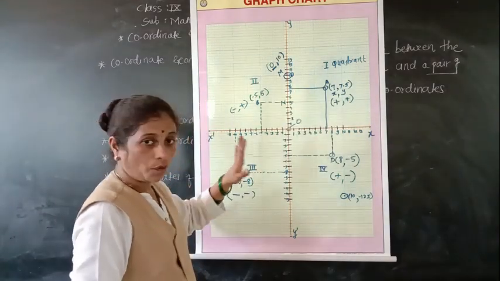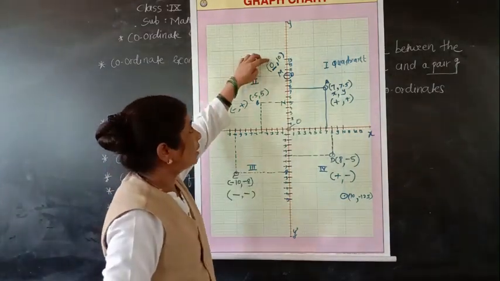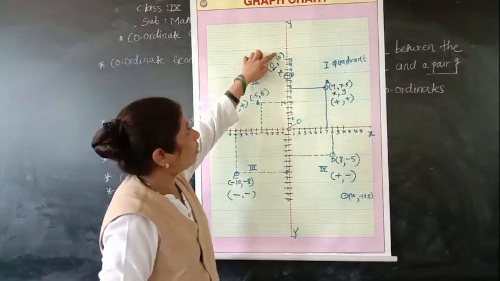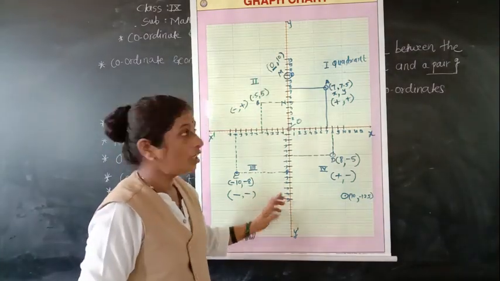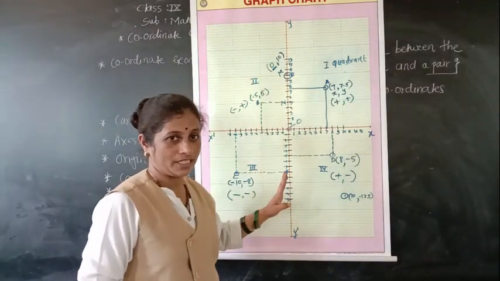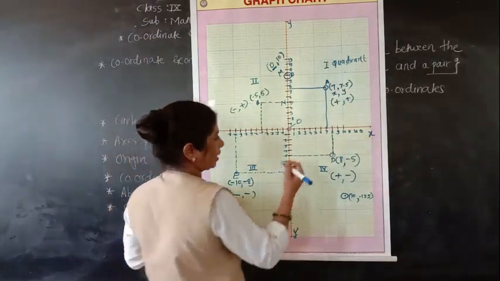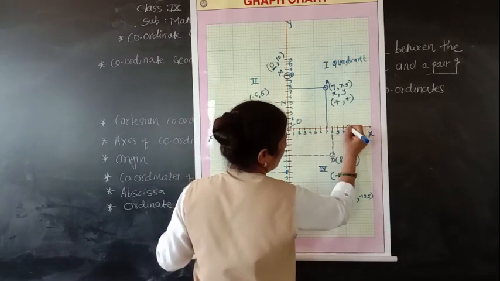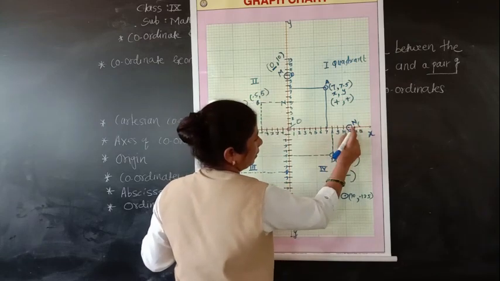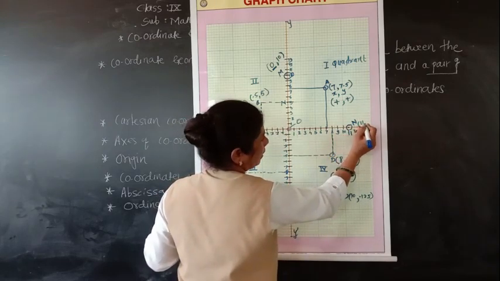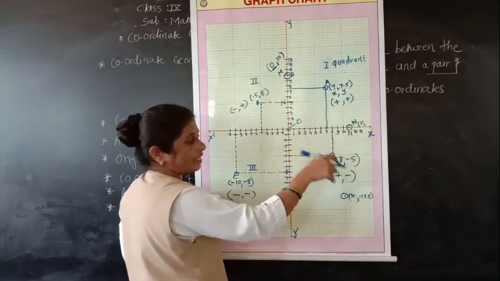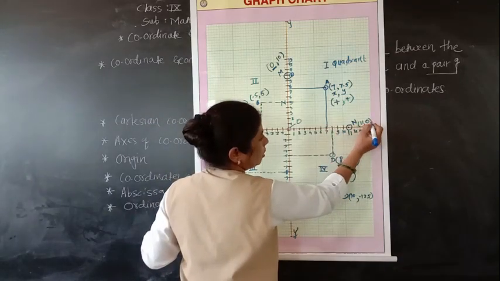Okay. So from this we can say that when the x point is 0 and the y point is any number, positive or negative, the point lies on which axis? Y axis. Okay. Now suppose there is another example here. This point is N. So what are the coordinates of point N? Here this is 11 on the x axis, and because this point is only on the x axis, the y coordinate will be 0.